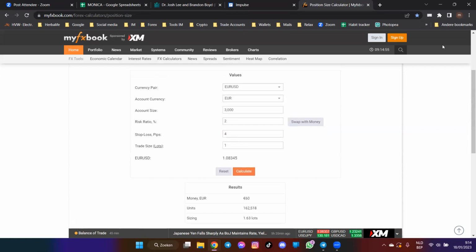Clear. Okay, great. So my recommendation to you guys: test it out. This is not necessarily the right way, but this is how I do it and where I feel comfortable. Your normal is a 3 pip stop loss. Mostly, when I trade, I do a 3 pip. I'm going to show you later on why, when we get on the chart.